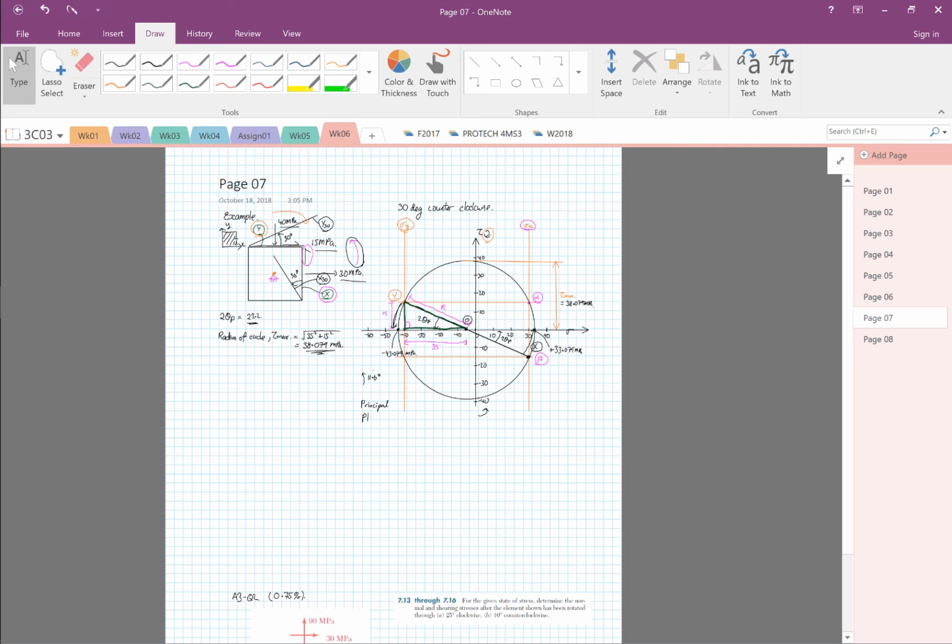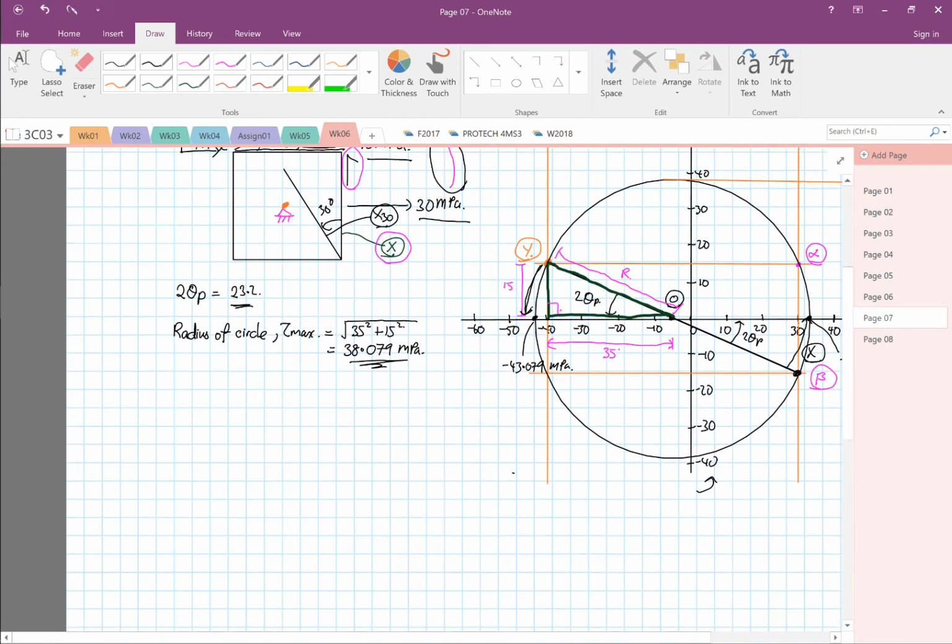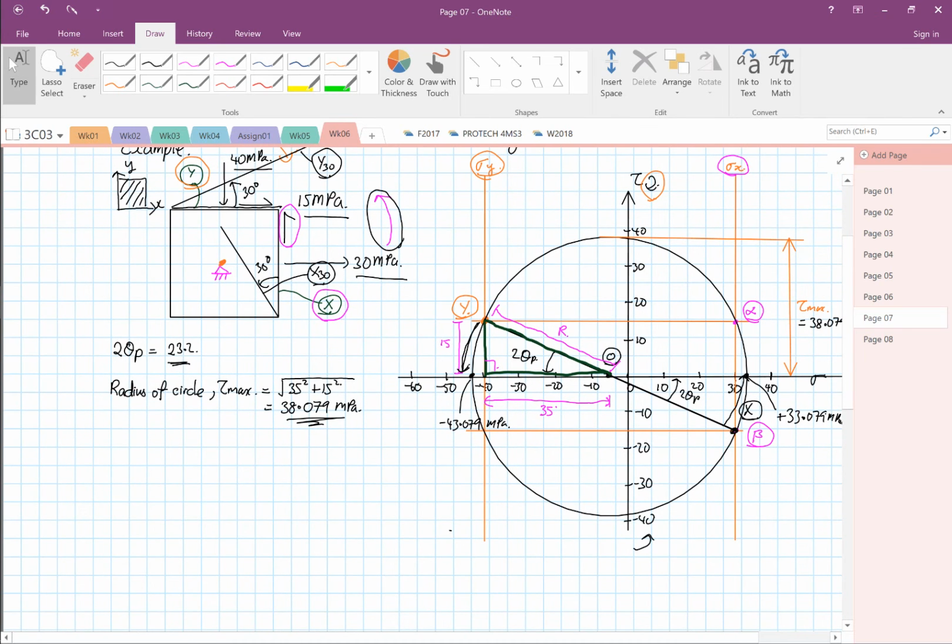Okay, so as I said, the Mohr circle is now, but the rotation is going to be different now. So now the rotation is 30, so it's going to be 60 degrees. Okay, so now from Y to, so this is 60, right? So I'm going to now, so the orientation is different now. So from here,